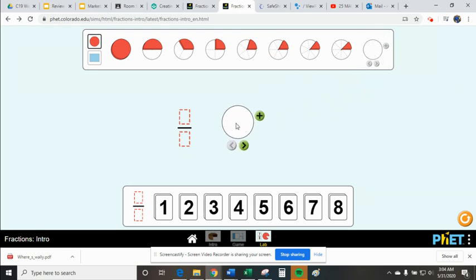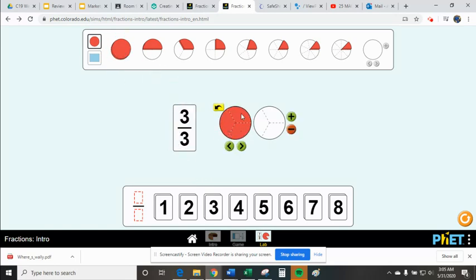What's neat too is if you wanted to make a mixed numeral, which the next one is on, you can add, or if you wanted to, you can make an improper fraction too. So see, the thing is like 3/3, right? 3/3 is a whole, right? But you can make this improper. If you made this 4/3, you're probably saying 4/3 doesn't even make any sense, Mr. A. How can you have 4/3? But you can. It's like if you had cakes that were cut into thirds and you had 4 pieces, you would have